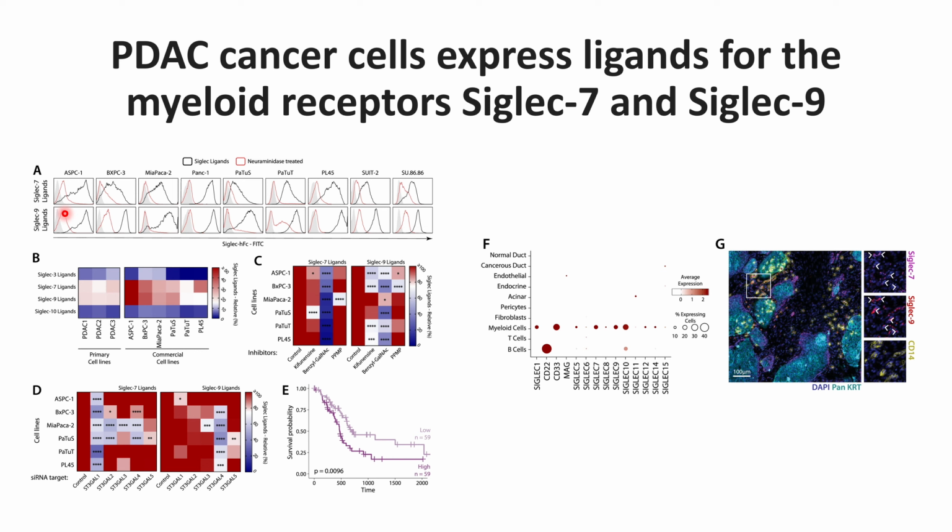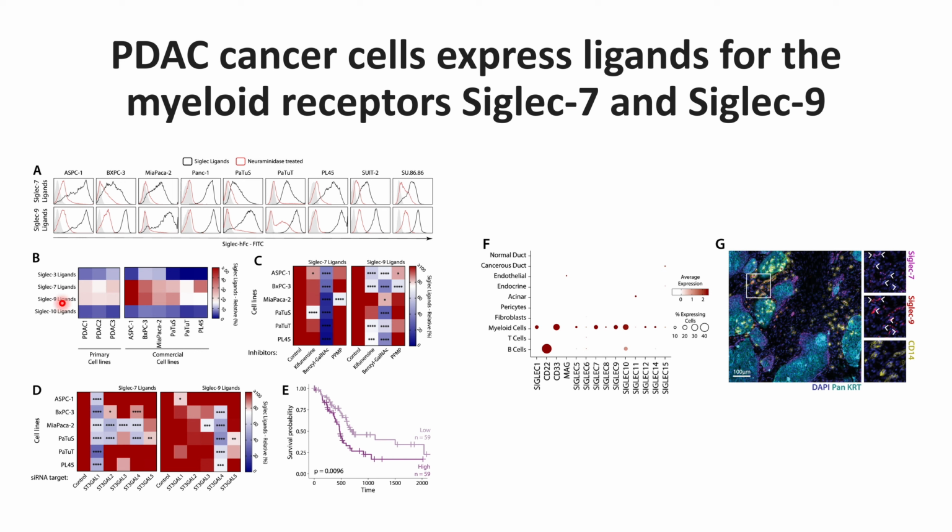So these kind of things are observed for Siglec 7 and Siglec 9, whereas for Siglec 3 and Siglec 10 these things have not been observed. So from this they made a point that Siglec 7 and Siglec 9 can recognize the sialic acid that are present on the pancreatic cancer cell lines. So after that,